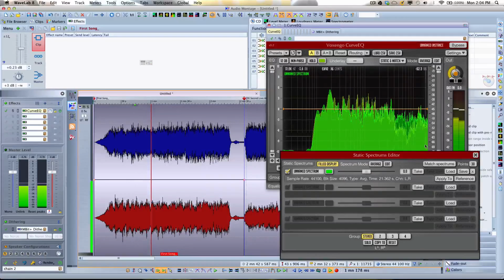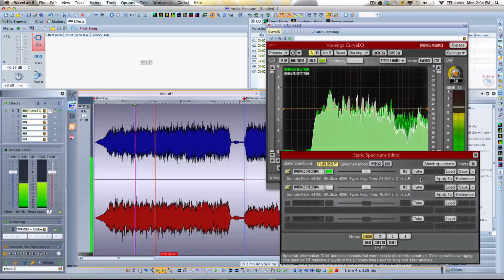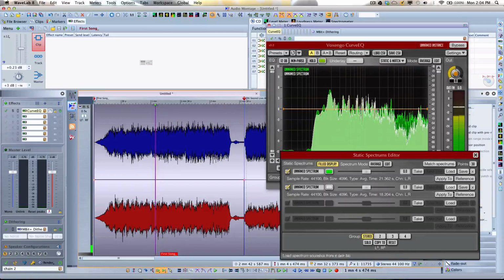Right. And once this is settled down, we're going to click on take again. And what I want to do now is use the first file as the reference and apply it to this file and match the frequency spectrum. So now